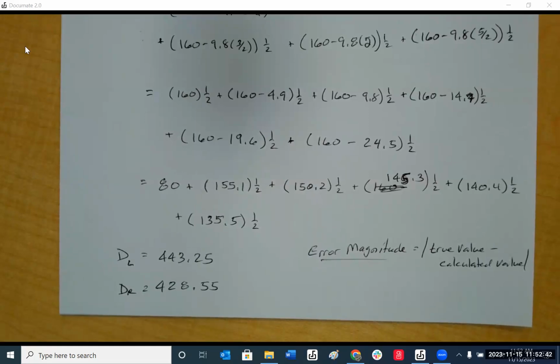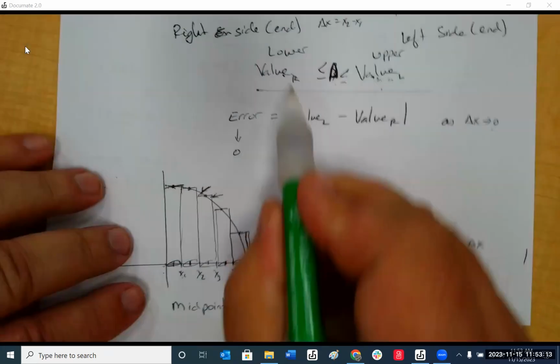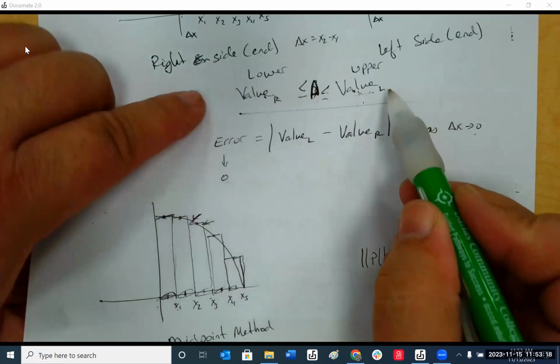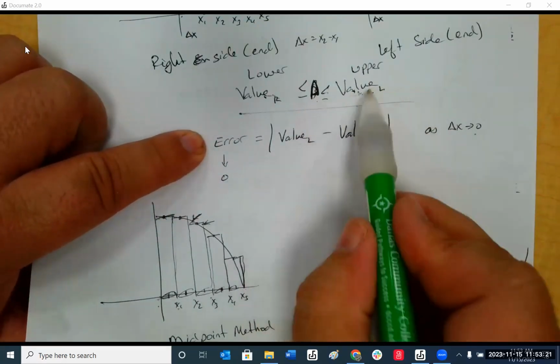Do we use an inequality to describe that? Well, that's what it is. The right end is always going to be less than the left end, so it's always going to be an inequality, less than or equal to, like I said originally on the first page. The lower value is going to be less than or equal to the area, the true value, because as these get closer together,